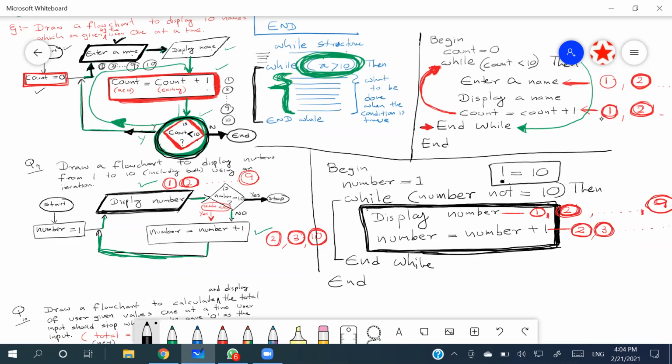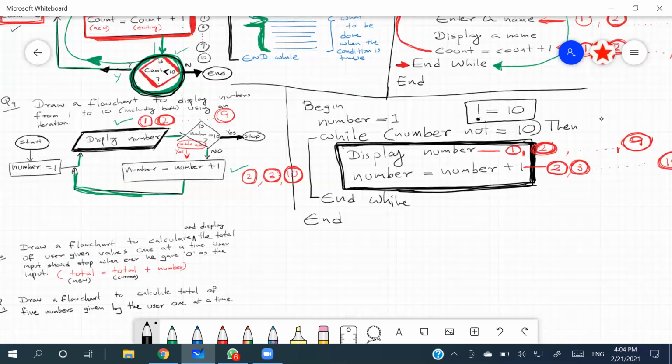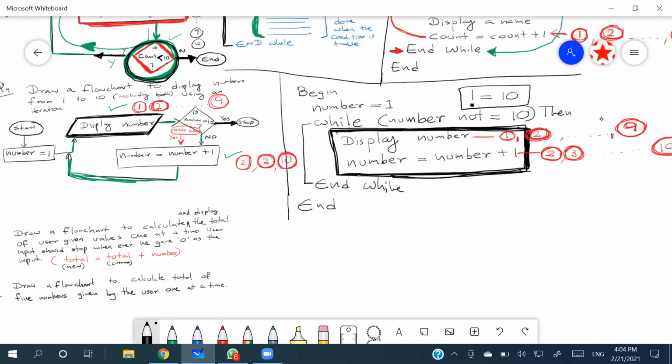What I missed here, which I didn't think about, is that since the condition is at the middle, the things before the condition should be duplicated before the while structure, right? So it's going to be something like this: begin,